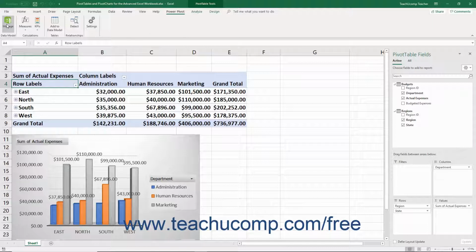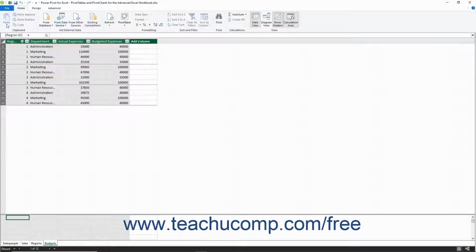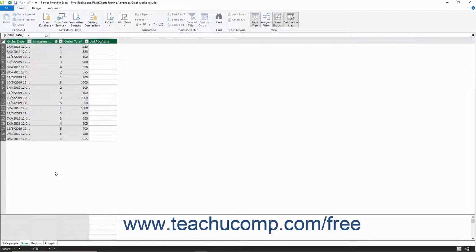For example, if you wanted to display a field in the values section that was the sum of an order total column within a table with a 10% increase to its value as a fiscal projection, you would need to create that field as a measure within the data model window of Power Pivot. The formula for the measure would look something like equals sum, open parenthesis, open bracket, order total, close bracket, close